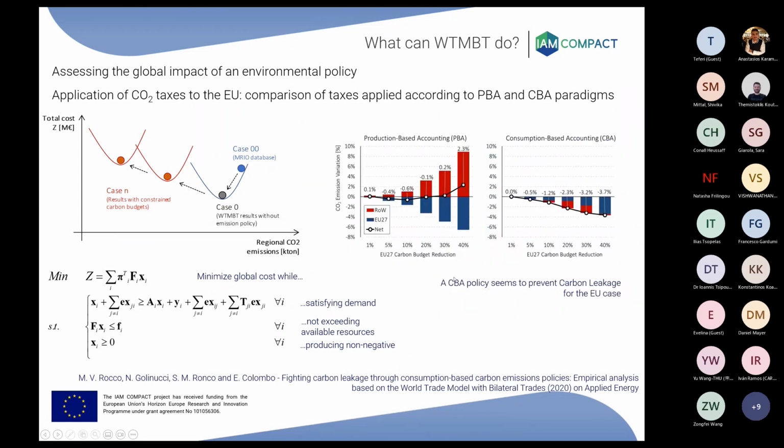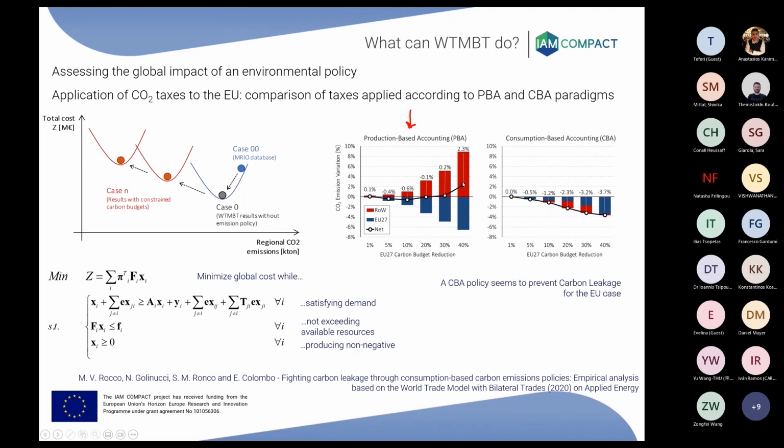Here, just an example to put this on the ground. We tested the application. We made a comparative test applying carbon taxation mechanisms based on a production-based or territorial approach, so the standard way carbon taxes are applied, in the EU27 in the scope of Europe. And then we see that by applying a carbon taxation, something very trivial occurs. The production of products was shipped outside country borders, so outside the EU27, increasing emissions outside Europe, so the famous carbon leakage